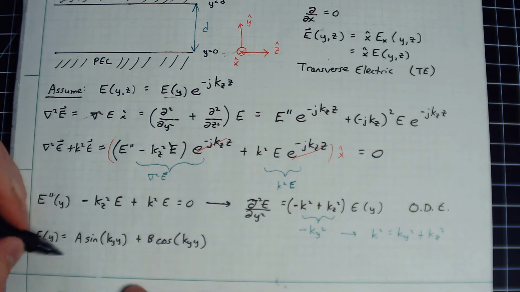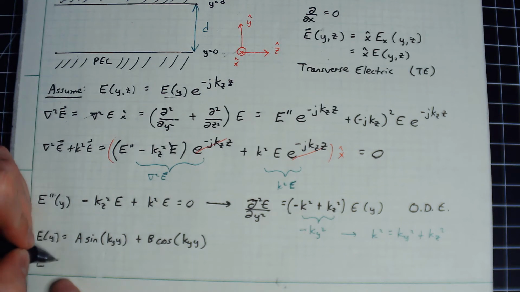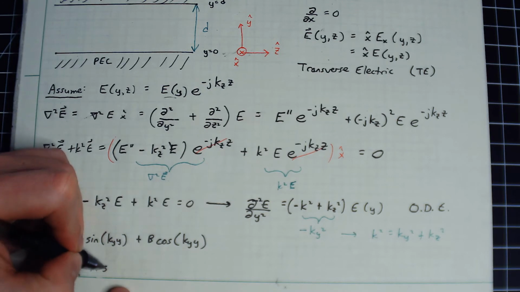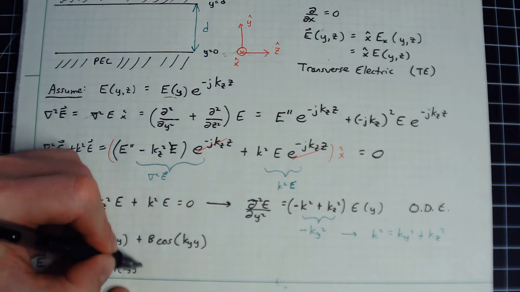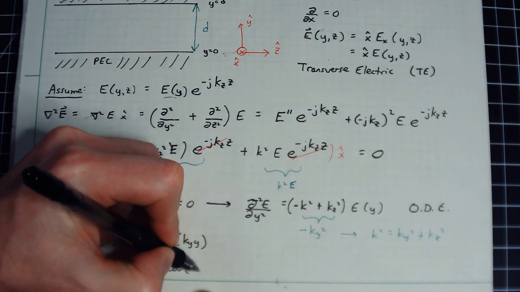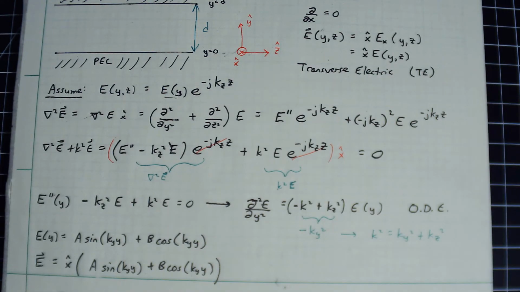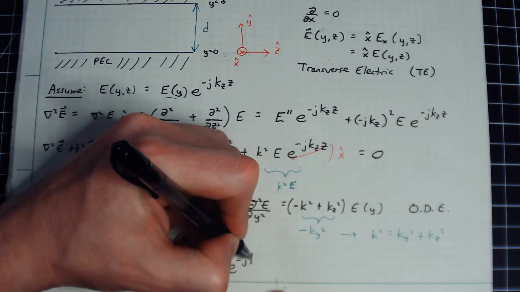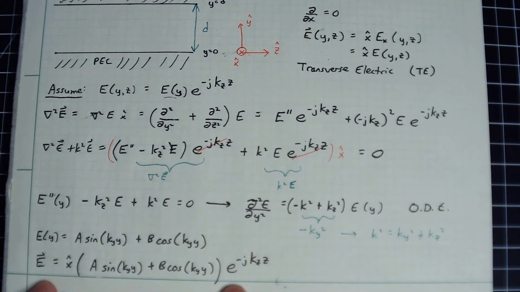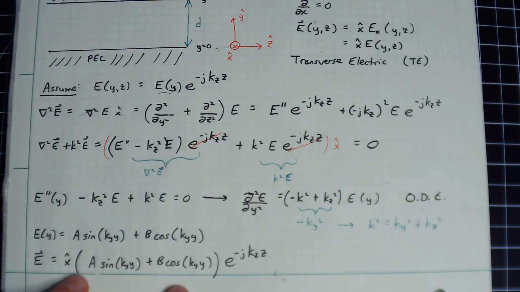So let's go ahead and write out our total solution. I get my electric field, E, is equal to x hat, and I'm going to get something like the following. A sine of ky y plus b cosine ky y. So you notice I'm just plugging into the general vector form here. And then again, e to the minus j k sub z z, like so. So this is now anything of this form. If I assume this little piece of my z dependence, this is necessarily what pops out